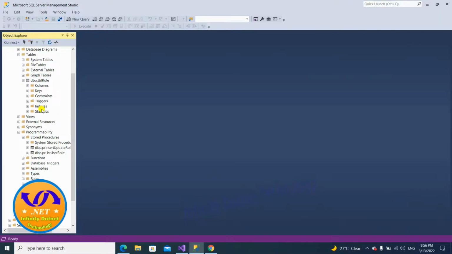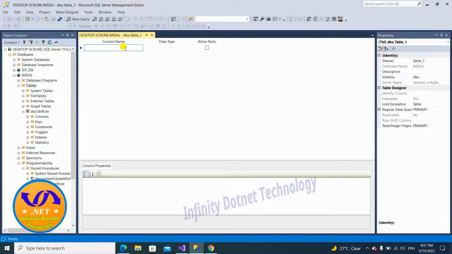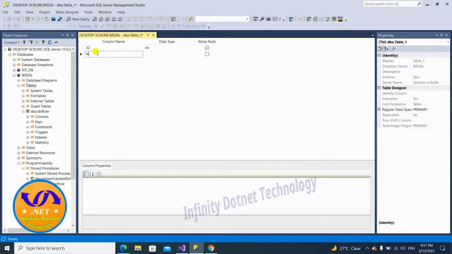So I am going to create the new table in the SQL database. Already I have opened the database, IMS DB. Go to the tables and right click on new table. The first column is ID, second is name, that is the name of the department. So I am giving the department